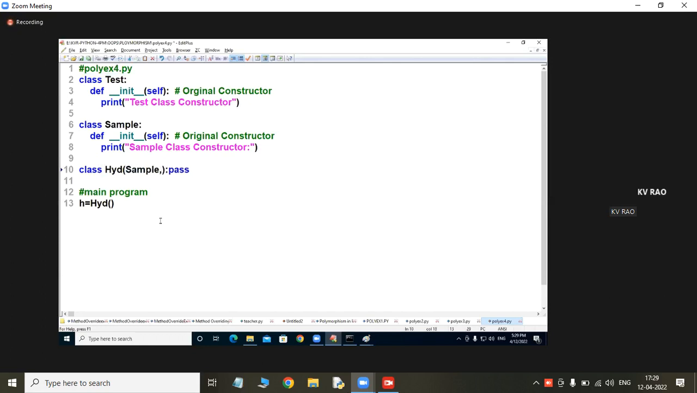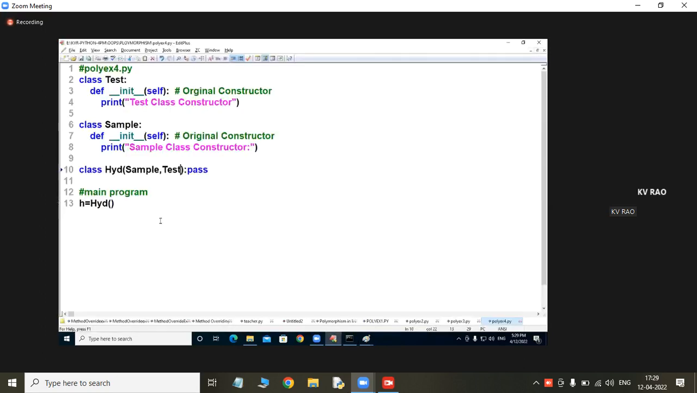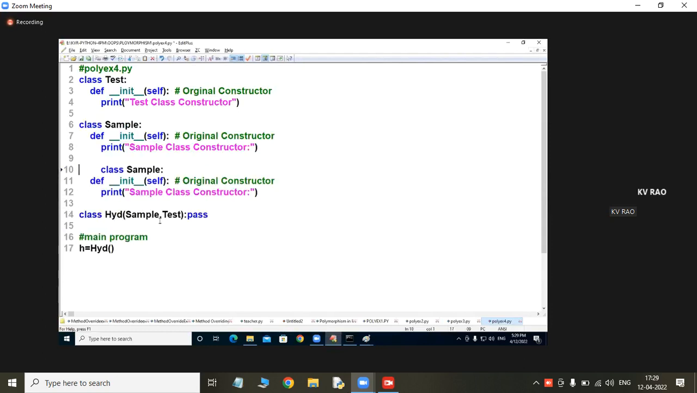Right. This is called what? Test. Which one will come? Sample class constructor. I will take one more type of thing. Class, something like